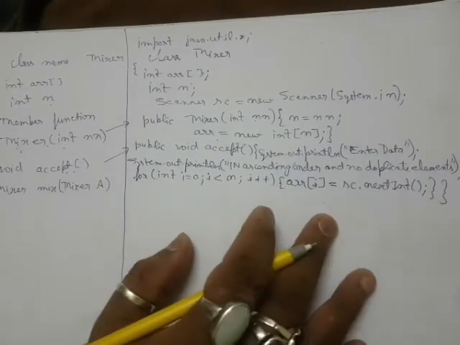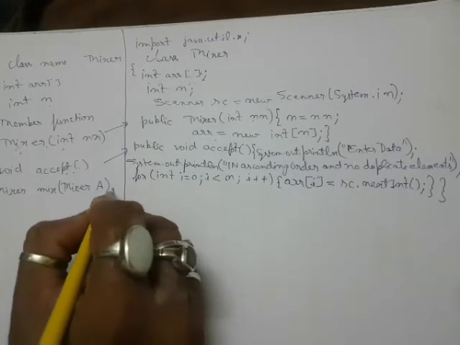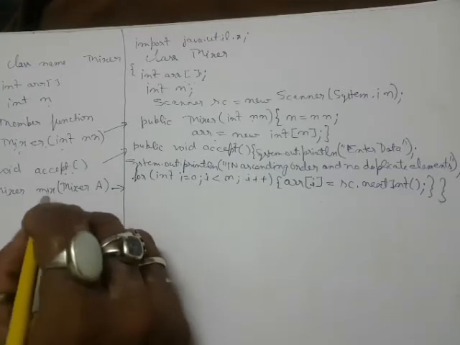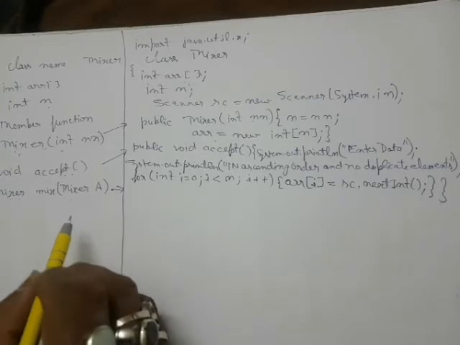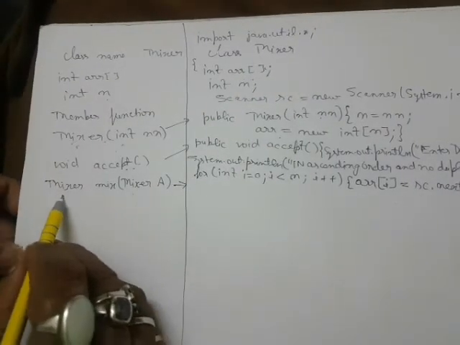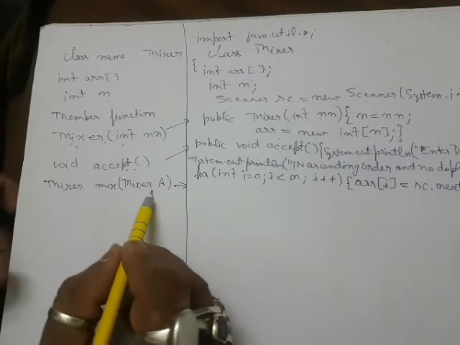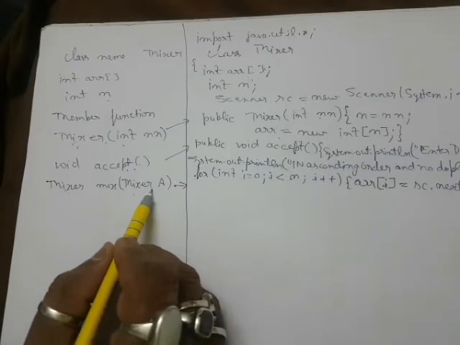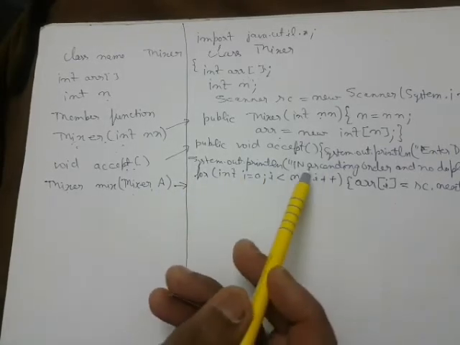Up to this point I think everybody has the clear idea. Now the most important area of the program comes here. That is the mix function, which returns the object, because the return type is the class, and return type is the class. So an object will be returned, and here the parameter is also an object. Alright. Now very important thing is, students, in this program they are saying that no duplicate elements and the data is in the ascending order.